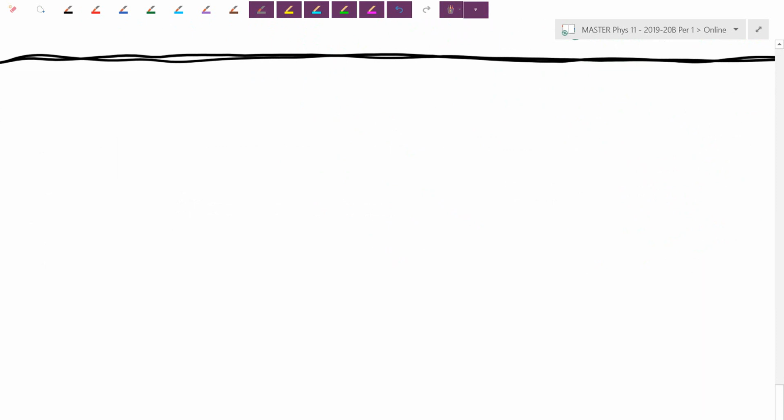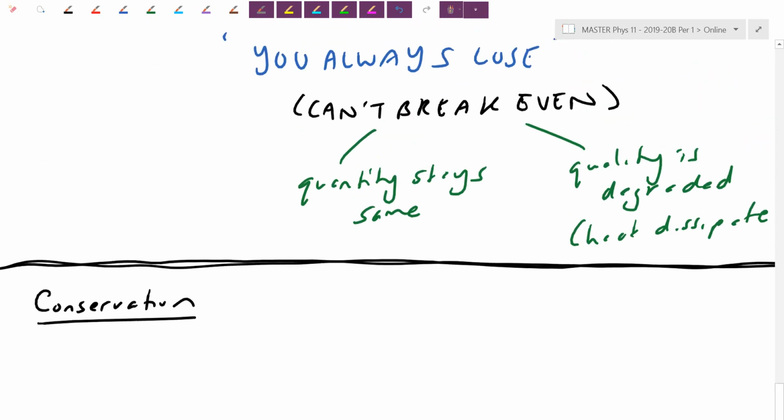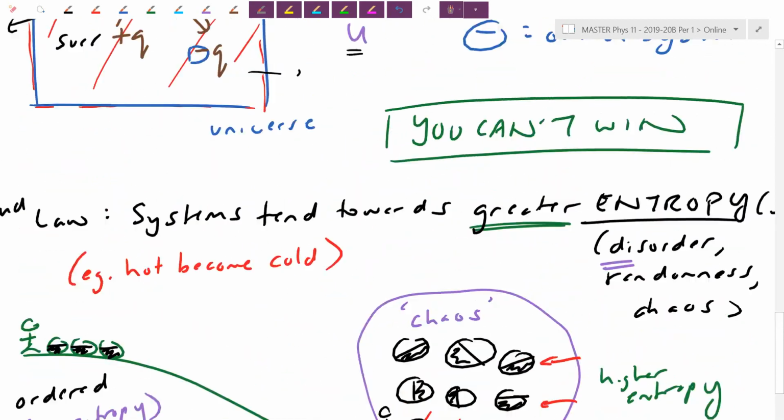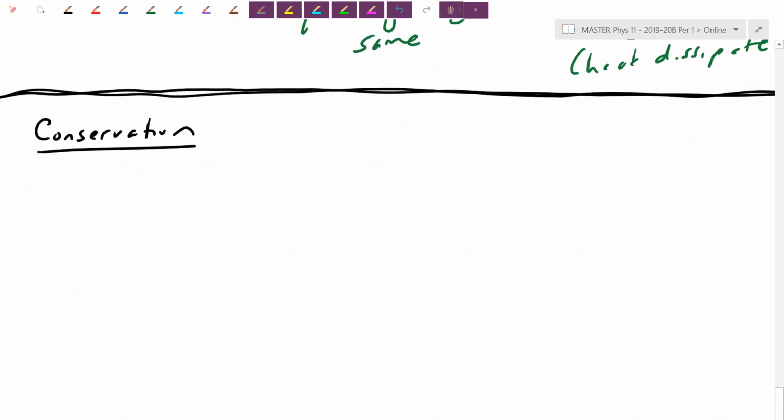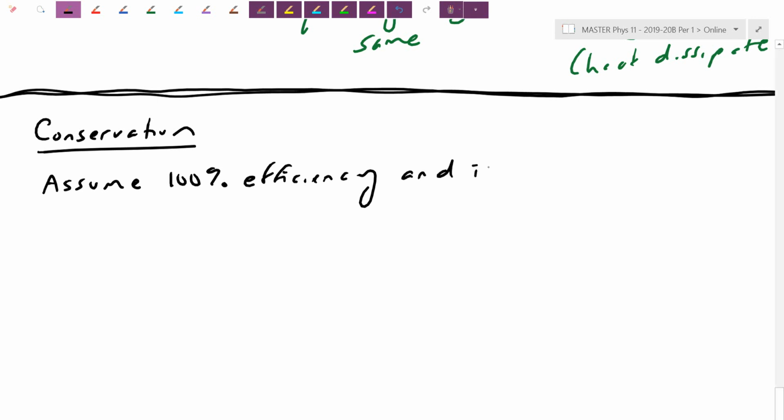That was just a little bit of background to finish off this last conservation style problem. We're looking at conservation in terms of heat. We know this in the background. We know we can't win. We know we always lose. But just for simplicity, because we're in an ideal world, we're going to make some assumptions for these questions. Let's assume we actually are 100% efficient. That's the best case scenario. That's when we have no heat loss to the environment, 100% efficiency,